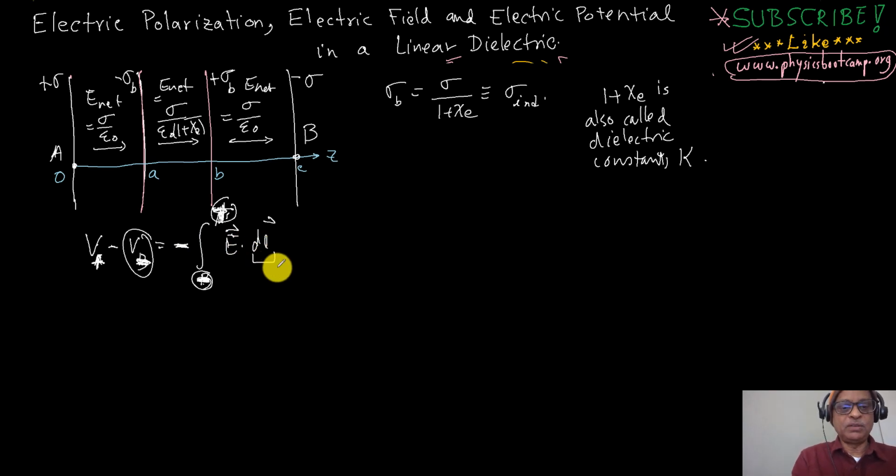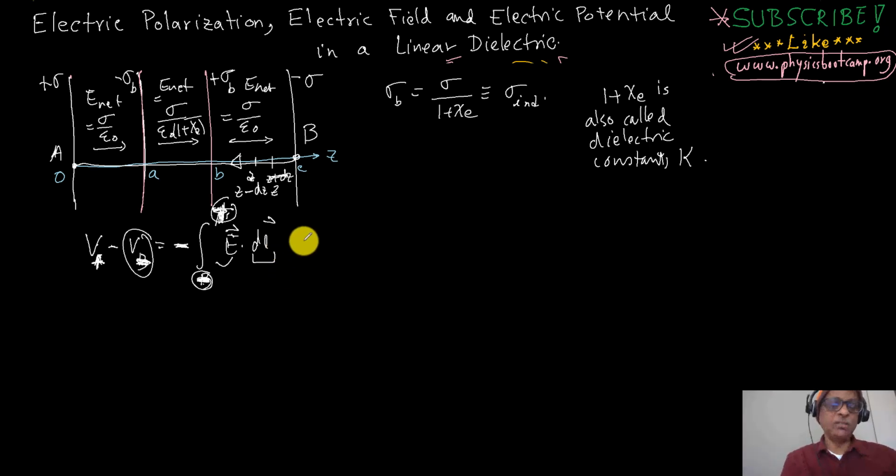So we need to say what's the dl. So we're integrating from here. That's the path we want. If you look at what the dl is, say this is z and this is z plus dz. Okay, so I'll leave this for you to actually set up the integral. There's a little bit of trickery here. So you can set up dl equals dz k hat